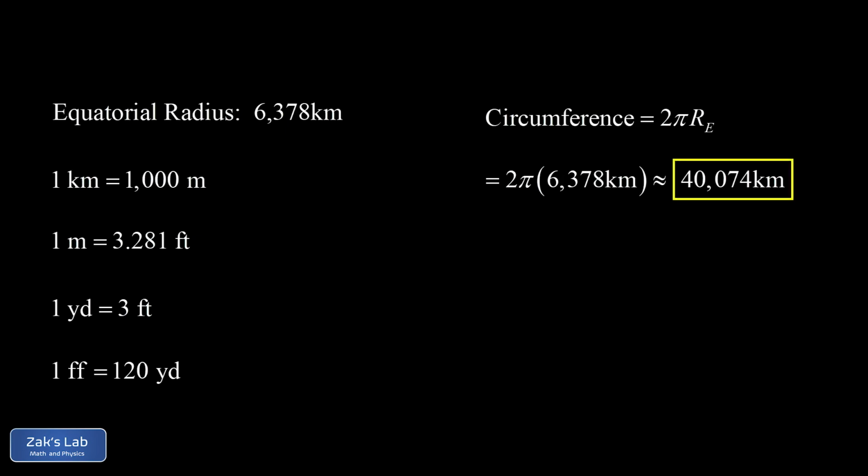Now, because kilometers are just too hard to understand, we begin the necessary conversion to football fields by tacking on a conversion factor that takes us to meters. And we see that 1 kilometer is 1,000 meters. So we start with our circumference of 40,074 kilometers. And when we tack on a conversion factor, we make sure to arrange it so the old units cancel and leave us with the new units in the numerator, like this. So the kilometers are going to cancel out and leave us with meters as the only surviving unit at this